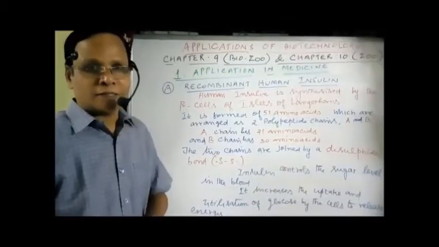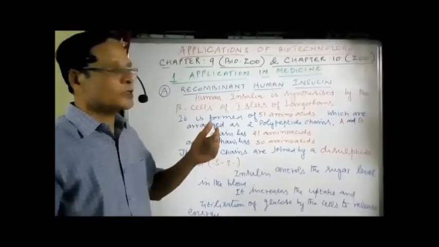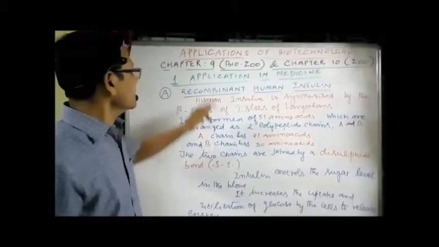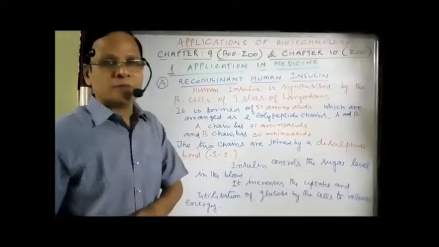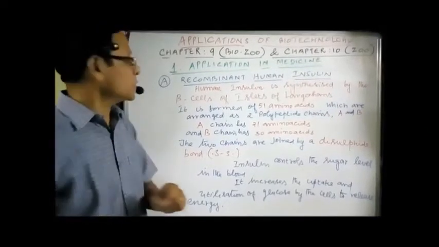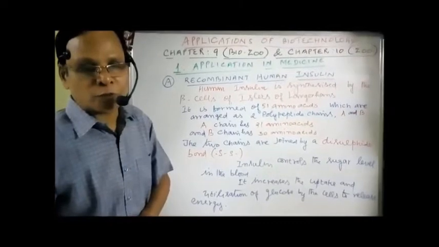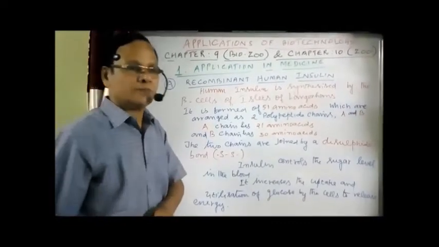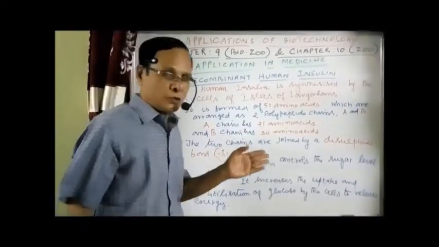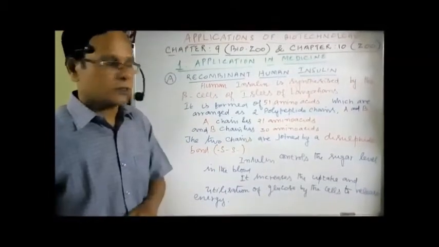Now let us consider the first application of biotechnology, that is, application in medicine. And the first one is recombinant human insulin production. How is it produced? Through DNA technology. Before entering into the actual process,